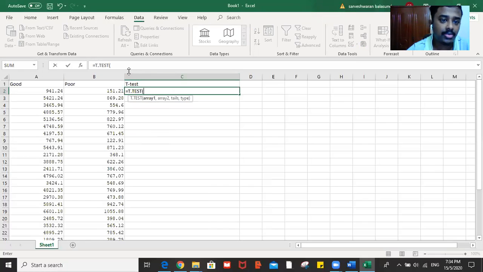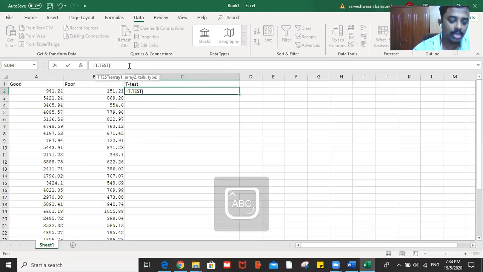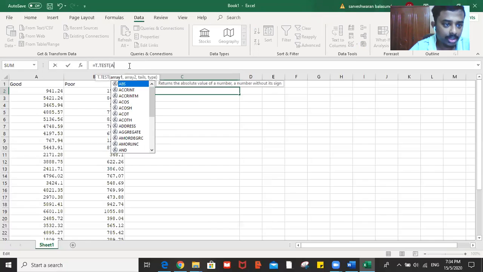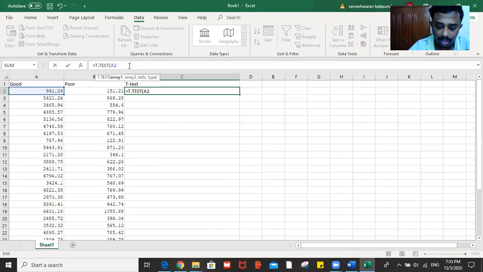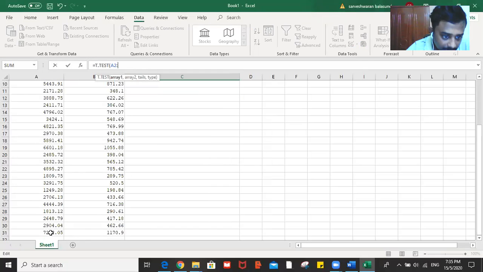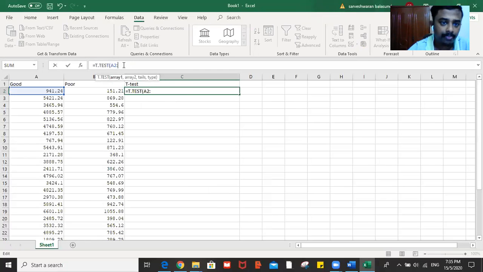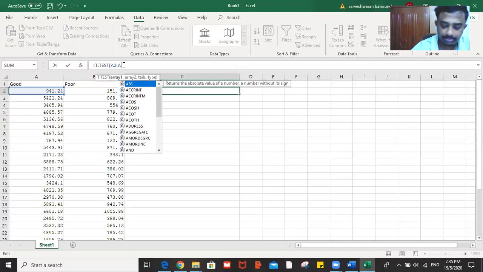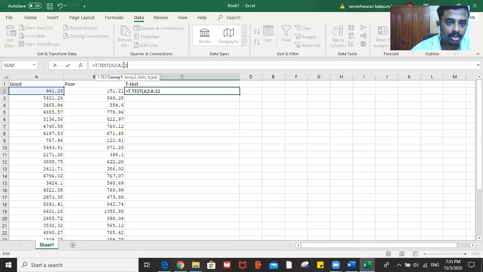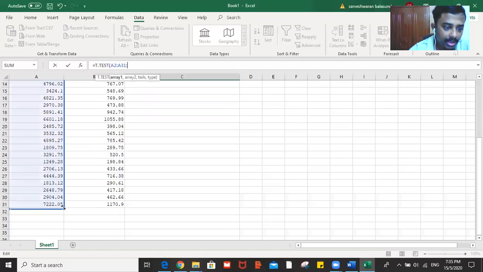What is the first array? Our first array, we can actually type it here, or we can just drag and drop. So I'm going to type it like A2 until, if you see, my values go until 31. Yeah, it's until 31. So I'm going to put A2:A31. Or you can just do it this way. You can drag it also until 31. Okay, you can do this. And then